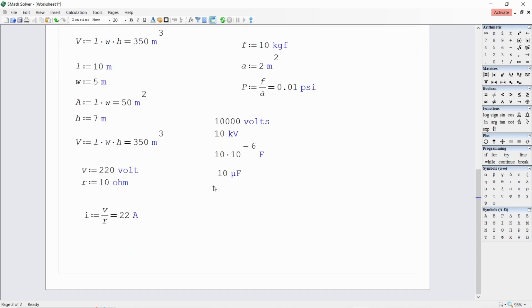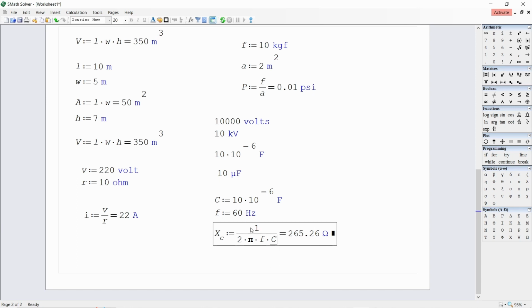So for example, if we have a capacitance of C equals 10 times 10 to the negative 6 farads, and then a frequency of 60 hertz, we can calculate the capacitive reactance by using the formula Xc equals 1 over 2 times pi times frequency times capacitance, which is equal to 265.26 ohms.